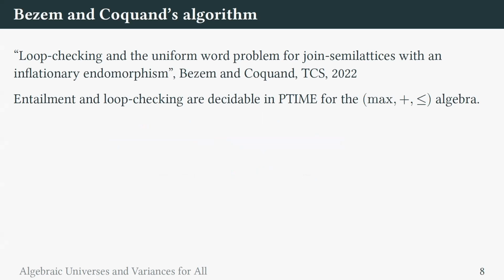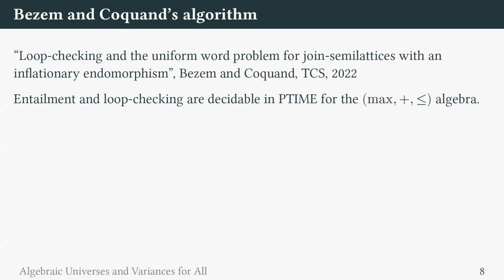That was introduced in this paper, "Loop checking as a uniform word problem for join semi-lattices with an inflationary endomorphism", which in layman's terms just means that we can decide the entailment for the max, less than and plus theory in polynomial time. They don't really give an algorithm, they give a constructive proof, and we had to extract the algorithm, thanks to the help of Marc,